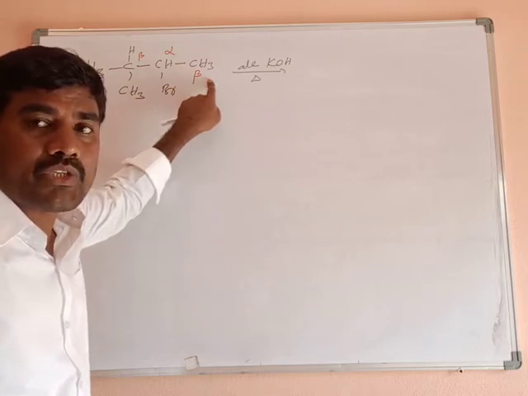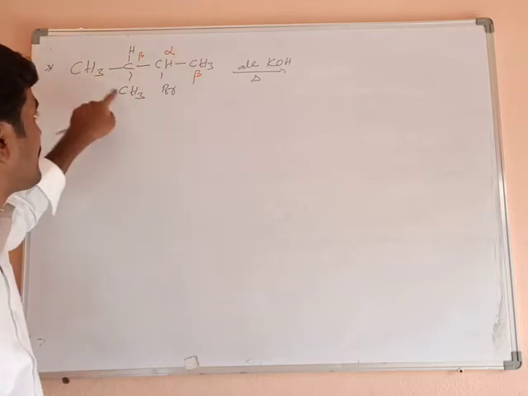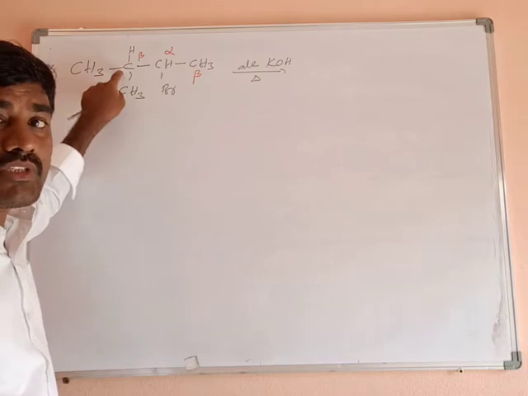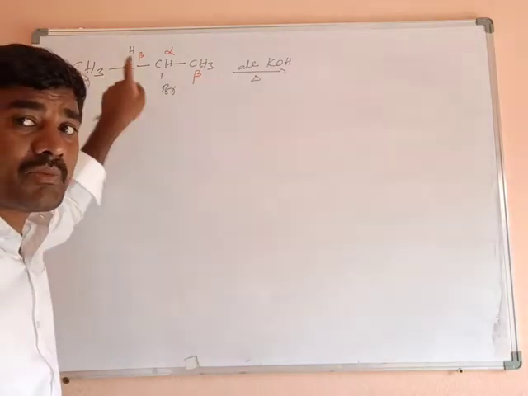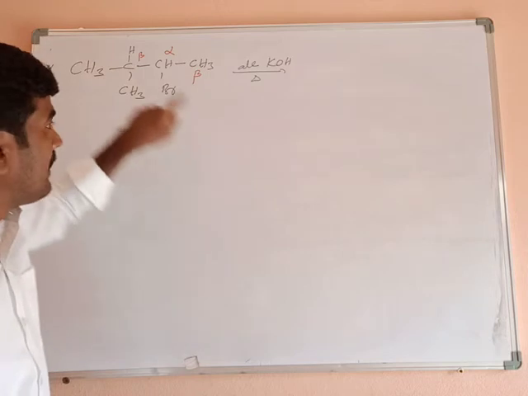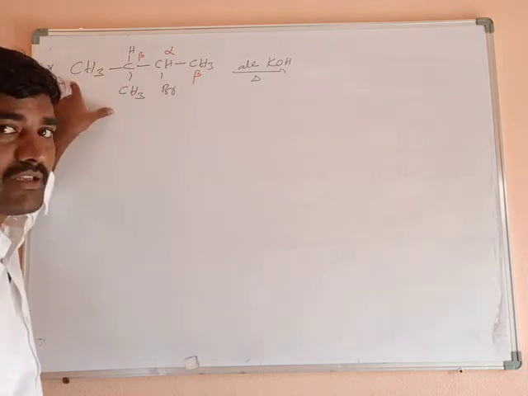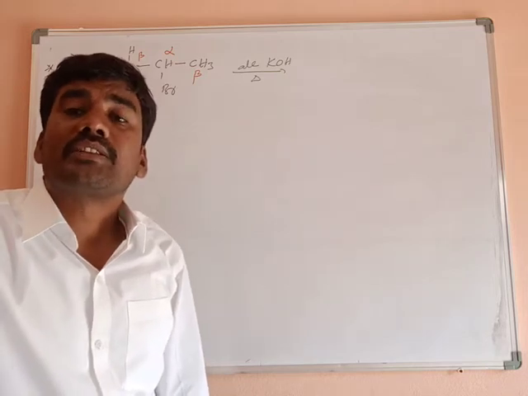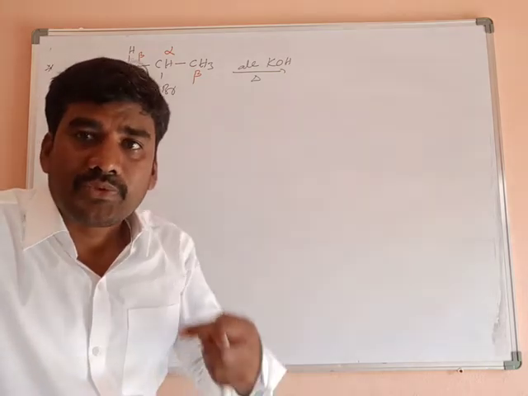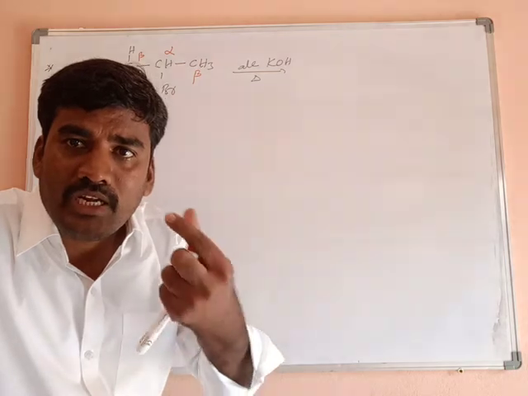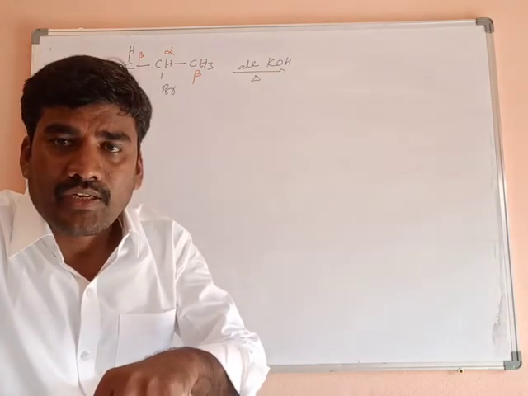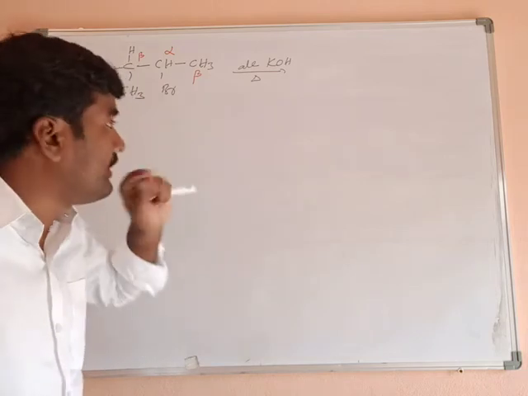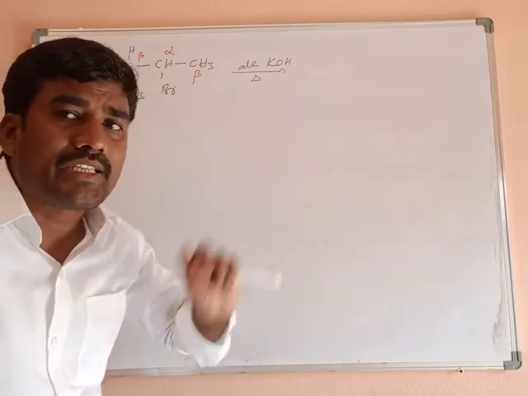Okay. Now the hydrogen atom is eliminated from the more substituted carbon. This carbon has 2 methyl groups, so it is the more substituted carbon. So the hydrogen atom is eliminated from the more substituted carbon, with fewer hydrogen atoms: 1 hydrogen atom, 2 substituents. Automatically we have to remember, when the number of hydrogen atoms decreases, substituents increase. When the number of substituents on the carbon atom increases, the number of hydrogens automatically decreases. Clear? Understand? Here the number of substituents increases, the number of hydrogens decreases. Clear? Here the number of hydrogens increases, so the number of substituents decreases.